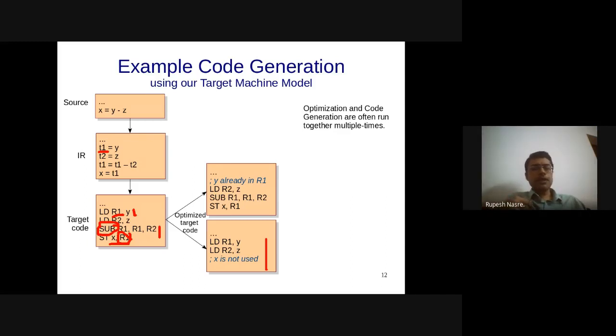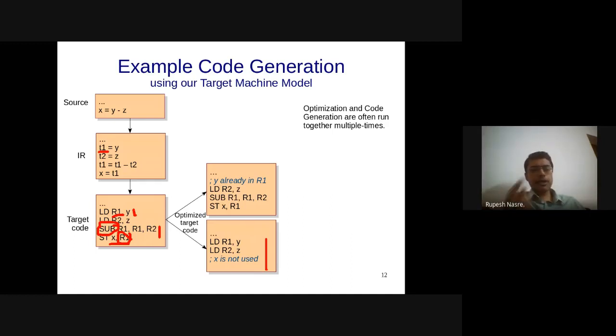Because we said that I might be able to do register allocation separately, instruction selection separately, as well as reorder instructions, all of these are part of code generation. Once I have optimized code, I might have more opportunities to do register allocation, instruction selection or instruction reordering. That requires me to change the code, and if I change the code, I might have further opportunities for optimization. Therefore, these need to be run a little bit together, similar to the lexical cycle that we were discussing.